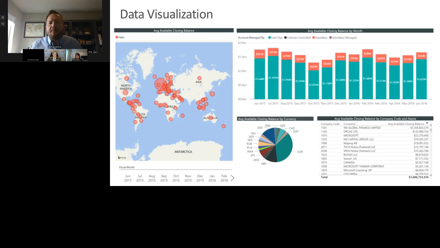And here's just a simple mock-up of how we look at cash. Because all of our bank statement data and activity sitting in SAP, and data sitting in other tools, is pulled into a centralized data lake, the ability for us to answer those real-time questions is incredibly important and incredibly powerful, right?